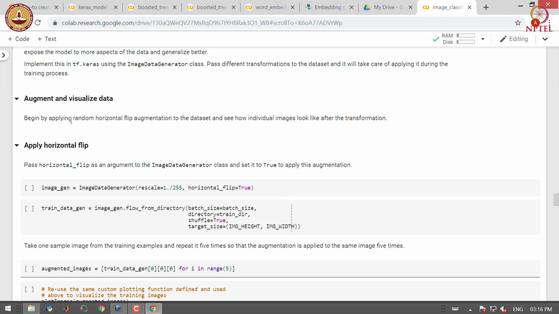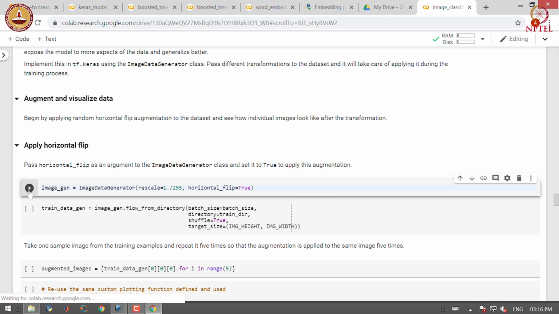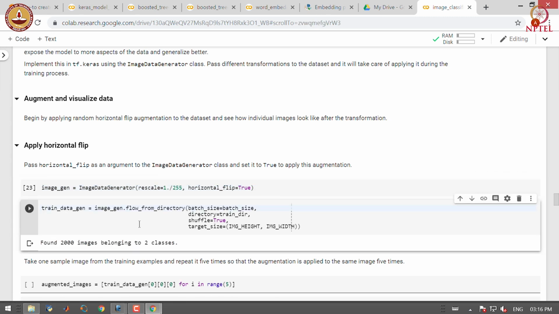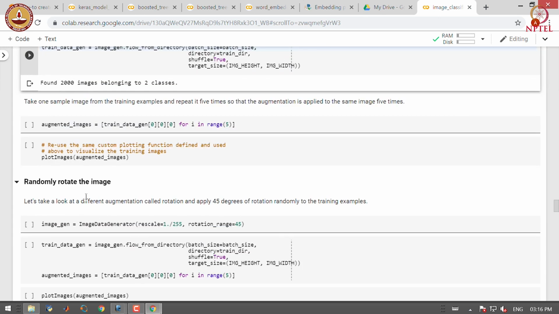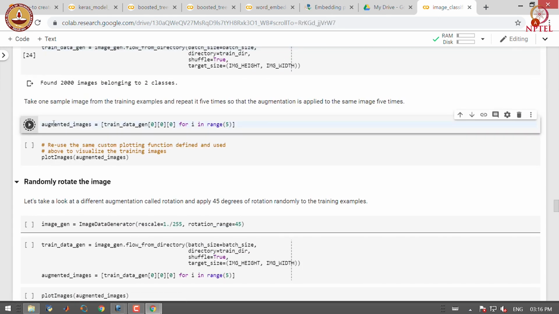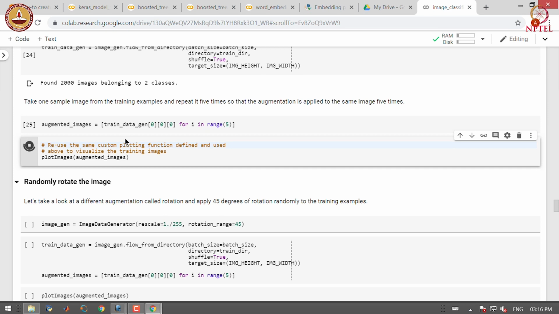So, let us try to augment the data and visualize it. We can perform a random horizontal flip augmentation to the data set. So, we can use image data generator with horizontal flip equal to true, and let us generate the data. Let us take one example and see how the data got augmented with horizontal flipping.